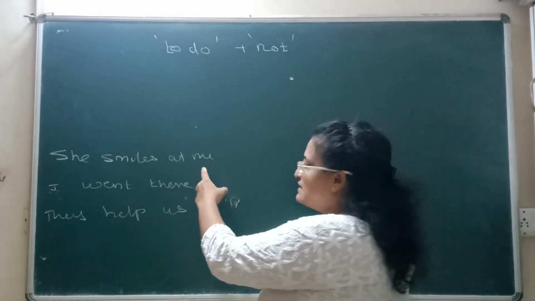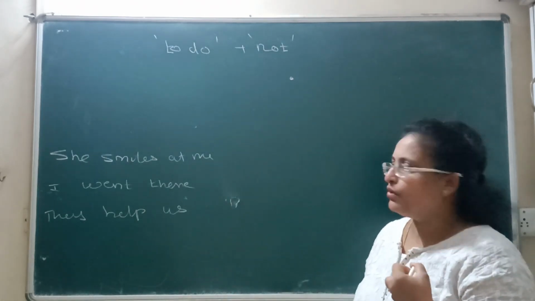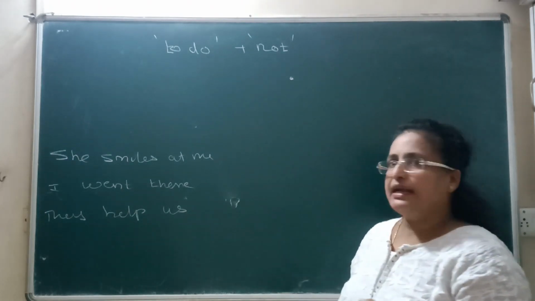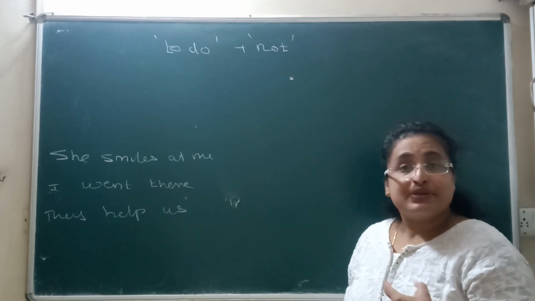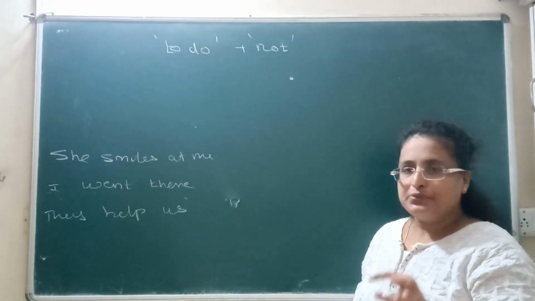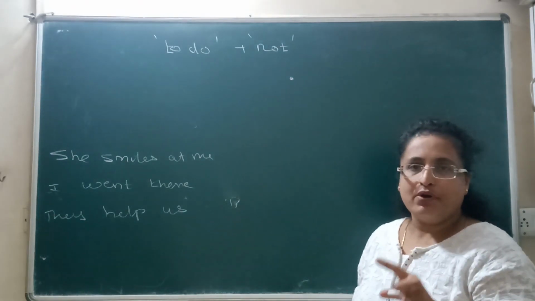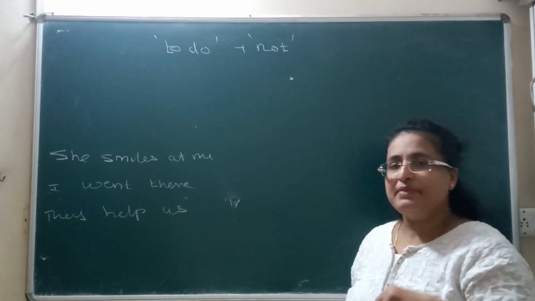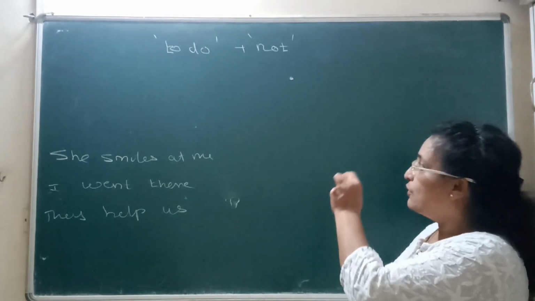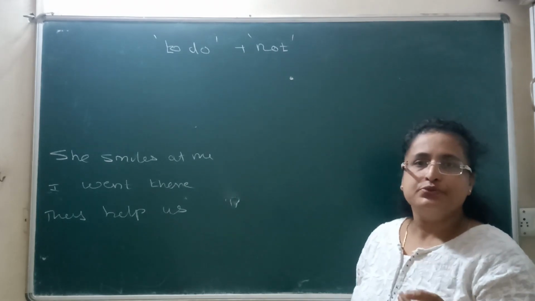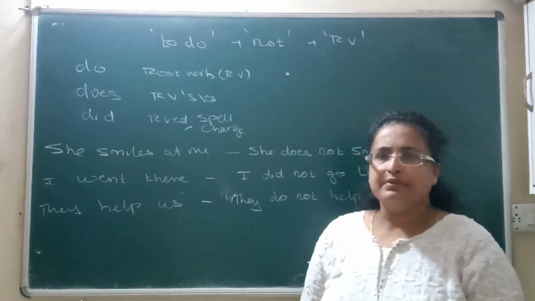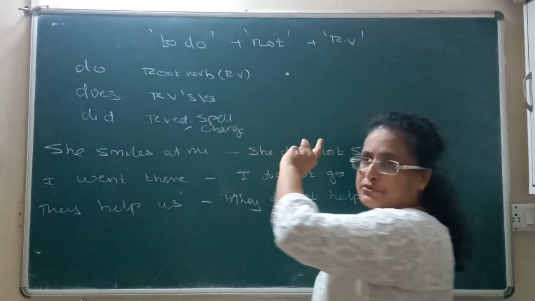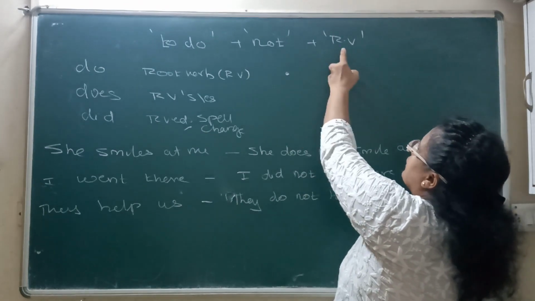So if you want to write these sentences in negation using not, most of the people who are not so good at English or spoken English write, you know, she not smiles at me, which is ridiculous English. So what we have to do here is use the help of do, does and did. That is, whenever there is no auxiliary verb and you have to make the sentence negative using not, you have to take the help of do, does and did. Alright, so we'll see the application of today's tips and tricks. To do plus not is what we are going to do. With that, you have to always remember to use the root verb.